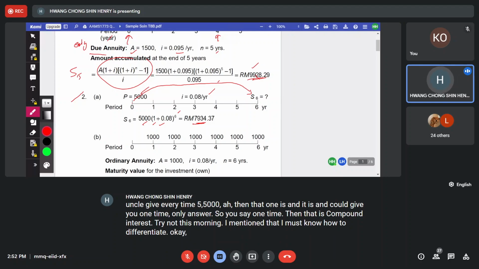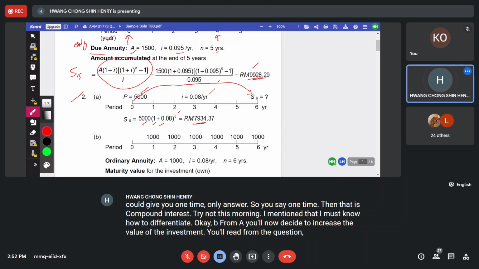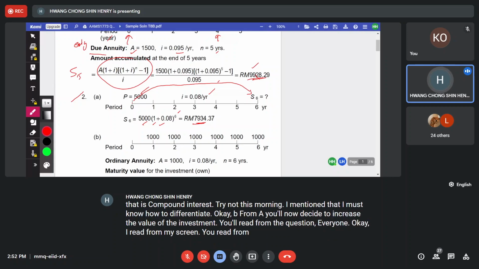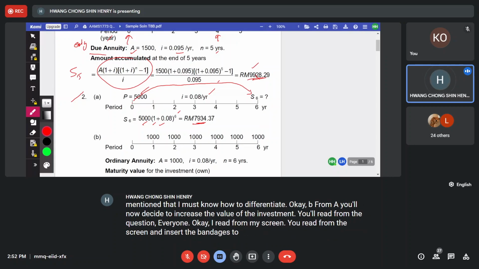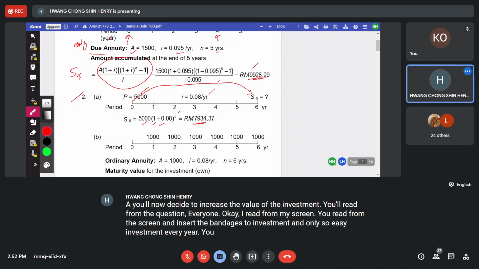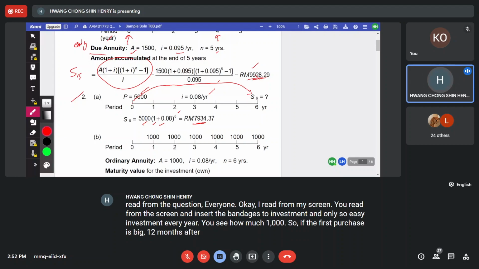Okay, B, from A, you now decide to increase the value of the investment. You all read from the question, everyone. I read from my screen, you read from your screen, and instruct the bank manager to invest 1,000 annually. So you see, invest 1,000 annually. Every year you save how much? 1,000. So if the first purchase is made 12 months after the death, what's the meaning 12 months after the